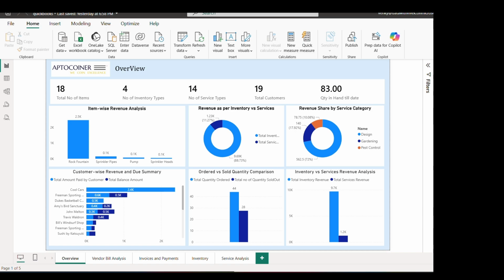I'm from ActoCoiner. So today I'm going to demonstrate the QuickBooks integration from source to report. I will explain how data comes from QuickBooks into Microsoft Fabric and how the process is done using medallion architecture, which consists of three layers such as bronze, silver and gold layer, and then finally how we build reports in